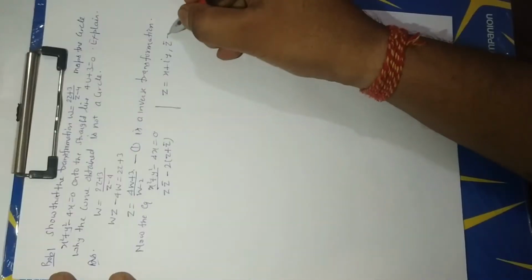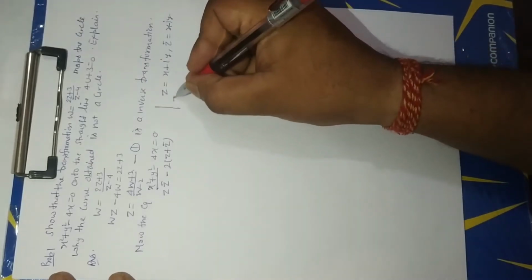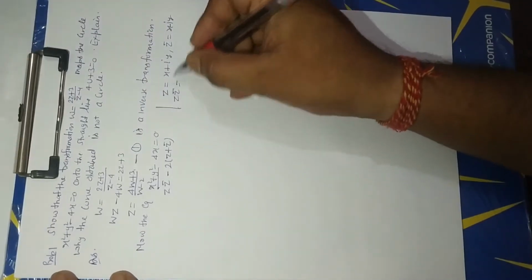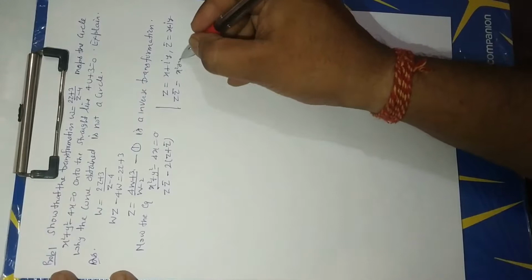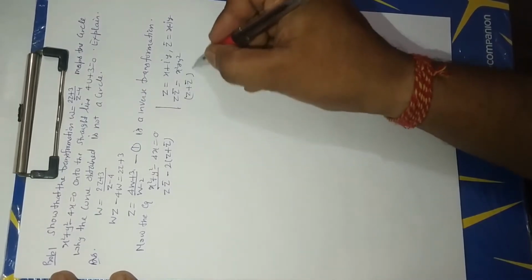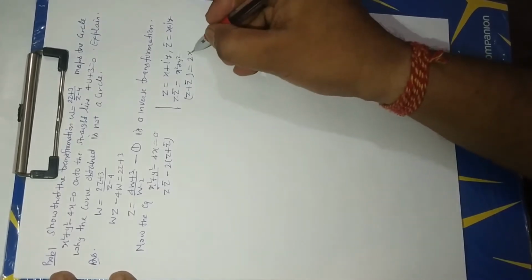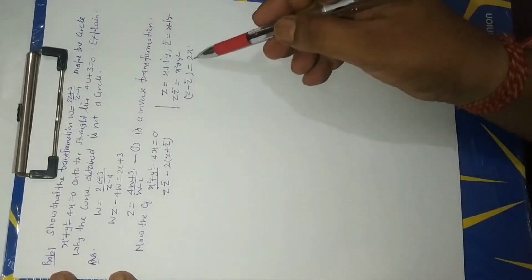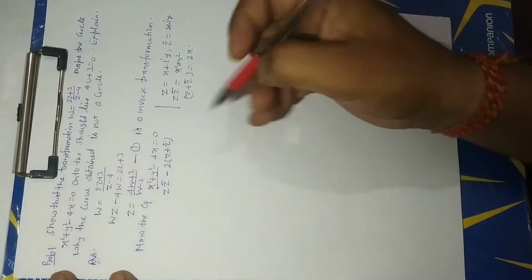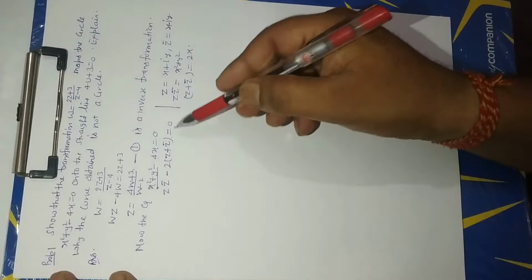Now z bar is x minus iy, then multiplication of both gives x square plus y square. Now we add the value of z and z bar, this is equal to 2x. Now putting the value of 2x in this, we get this equal to 0. Now putting the value of z and z bar in this,